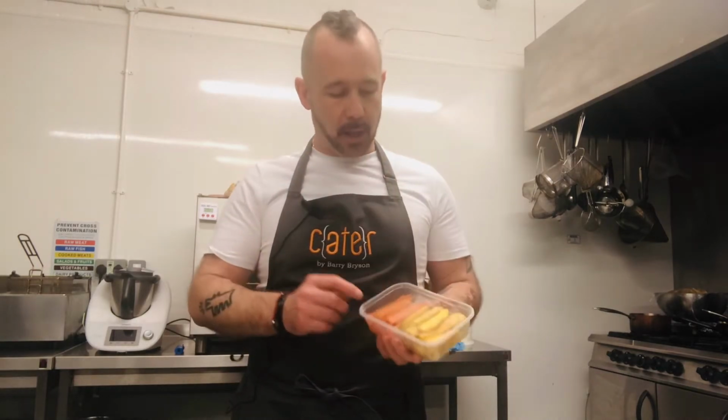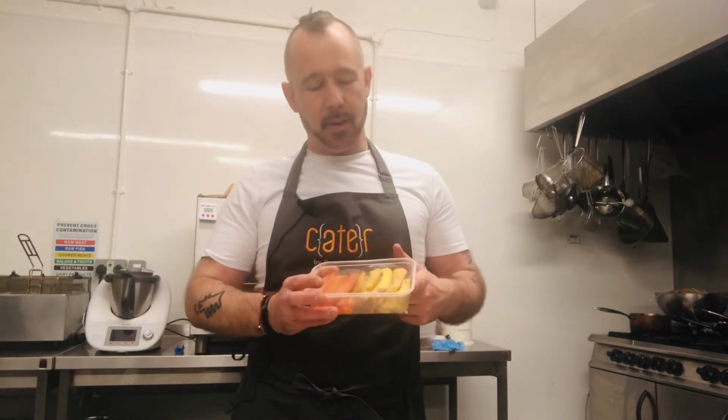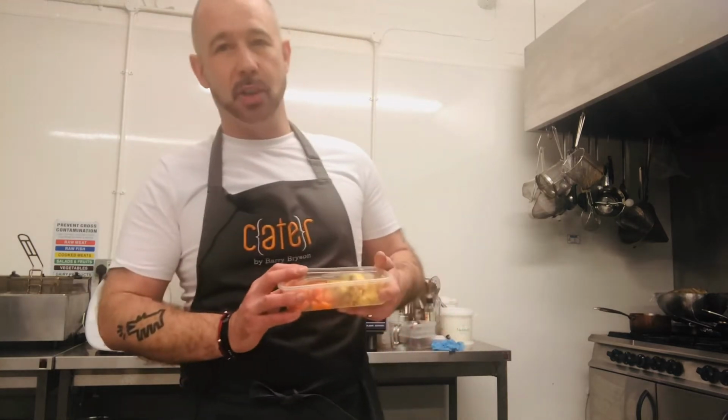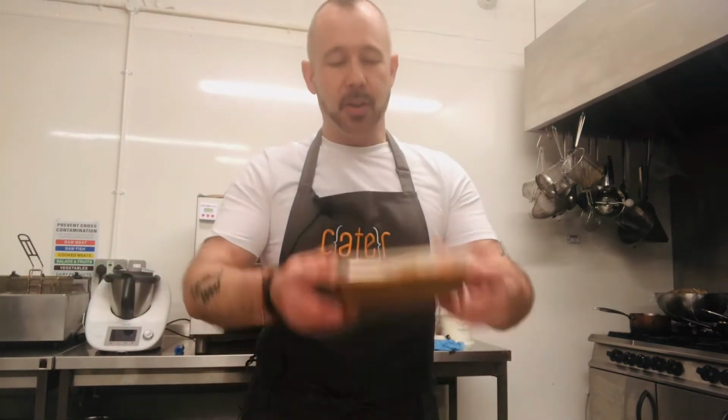And then a few minutes before the potatoes are ready, you can put these into the oven as well. There's a honey roasted carrot and parsnip. These will need about 5 or 6 minutes in the oven, and again, they're already pretty much cooked and dressed and seasoned. So the potatoes and the vegetables into the oven, the beef bourguignon into the saucepan and a simmer,